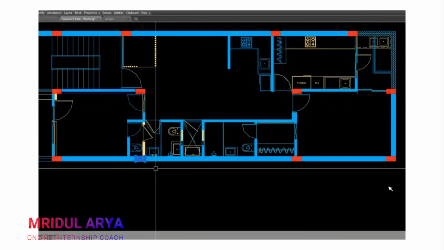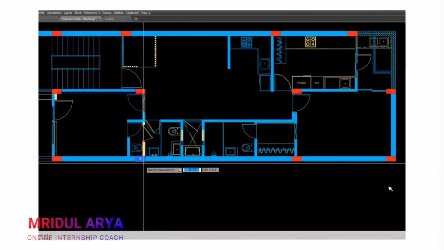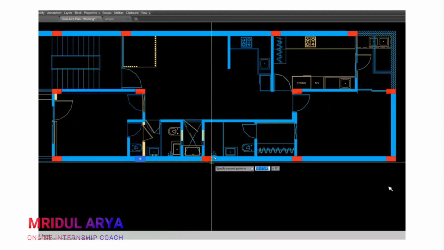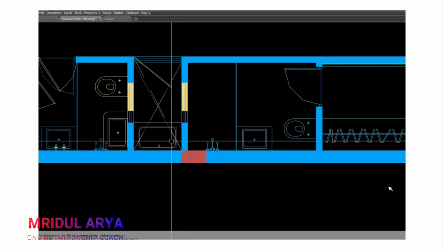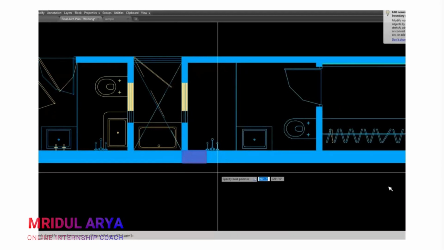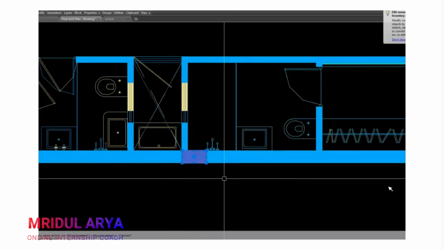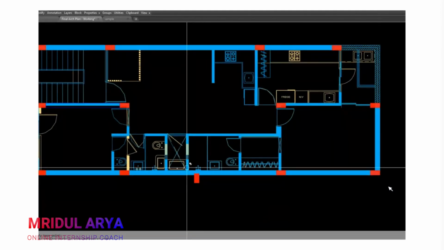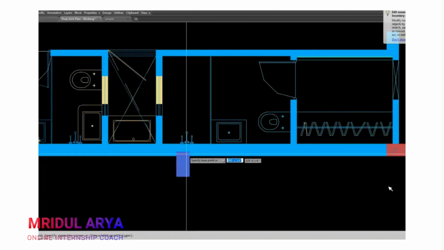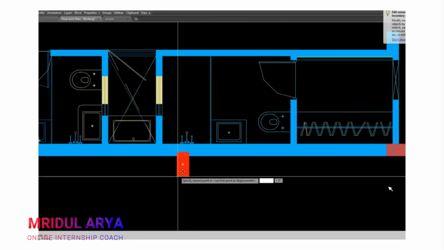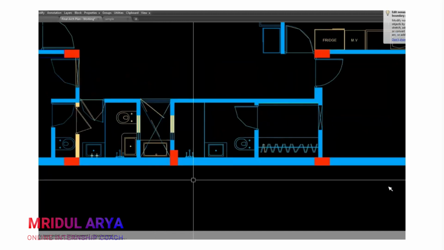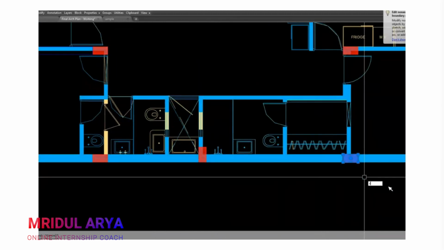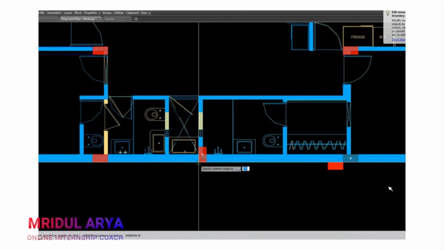Now the next column location. Next column I will place at this location. You have the option to rotate it if your pipelines are not there in this way. You can choose both options, either go horizontally or go vertically.